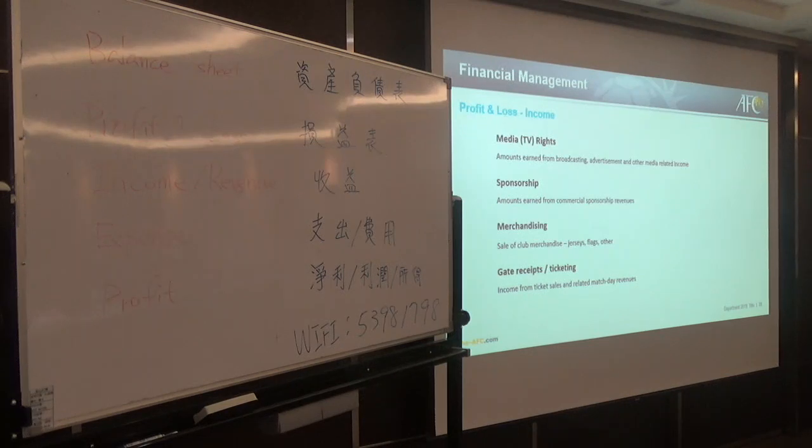So we have media rights, which is TV, so that's amounts from broadcasting, television rights, advertisement and other media related income, social media income. 那第一个话就是所谓媒体的包含电视的权利，那这些权利的话包含转播、包含广告，还有其他跟媒体有关的这些权利金的收入。So do any of the clubs receive any of this type of income at this point in time? 所以说，在座的俱乐部有，比如说转播啊，或是广告的